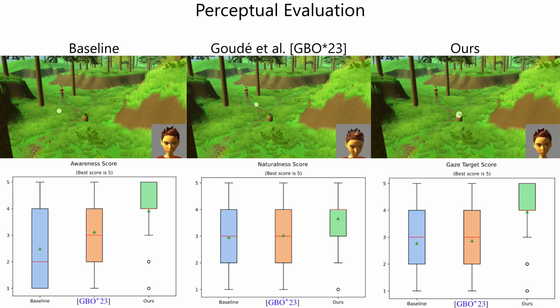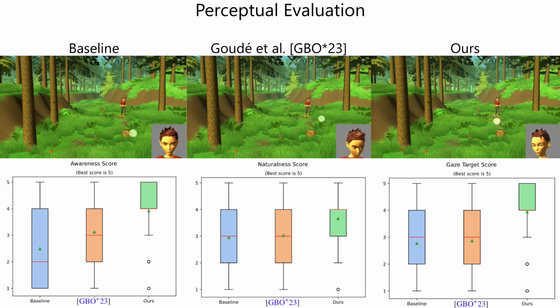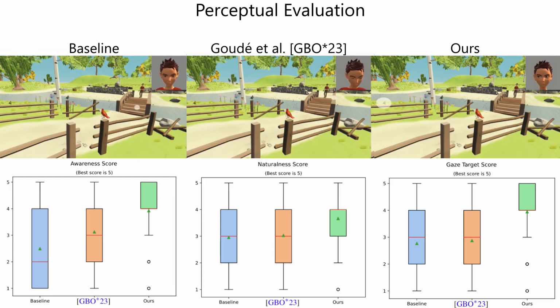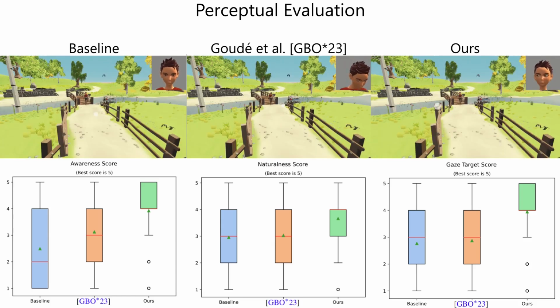We conducted a perceptual evaluation to compare our approach with the current state-of-the-art in saliency-driven gaze animation, which is directed towards static agents and does not take into account the motion saliency of external stimuli. As baseline, we used a simple animation where the character only looks forward. We evaluated the character's apparent awareness of the environment, the naturalness of the head and eye motion, and the elements at which it pays attention, referred to here as gaze target. Our results show that our solution significantly improves upon the state-of-the-art in all evaluated aspects. The videos shown here are the exact videos shown to the users during the perceptual evaluation.